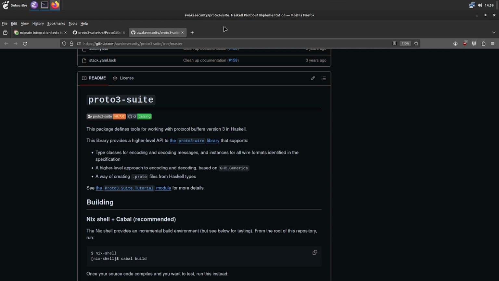The other way, or at least the other obvious way of doing it, is to just serialize the proto-lens object and deserialize it into the proto3-suite object. And while that's sort of insane from a performance point of view, why are we serializing and deserializing objects, especially if we plan to do it in the call path for each RPC? So that's not good from a performance point of view. But